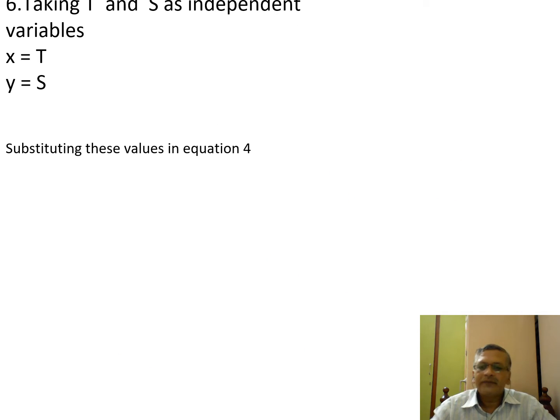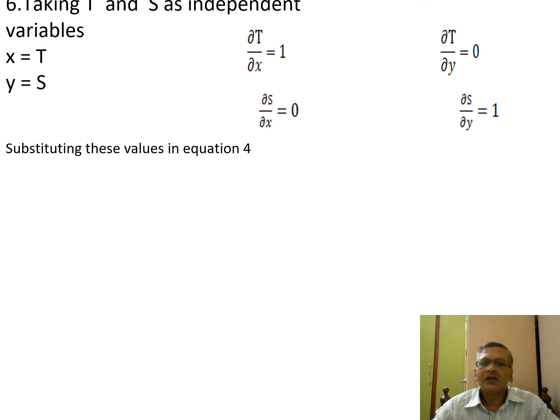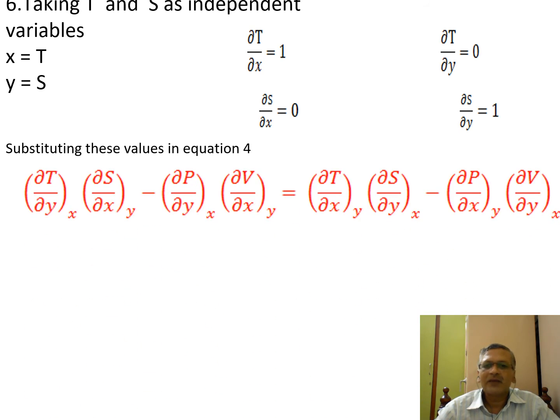Now we will derive the sixth Maxwell's thermodynamical equation, taking P and S as independent variables. Therefore, x is equal to P, y is S. Therefore, ∂P/∂x is 1, ∂P/∂y is 0. Next, ∂S/∂x is 0, ∂S/∂y is 1. Substituting in the generalized thermodynamical equation, the first term is ∂P/∂y, which is 0, and 0 multiplied by the next term becomes 0, minus